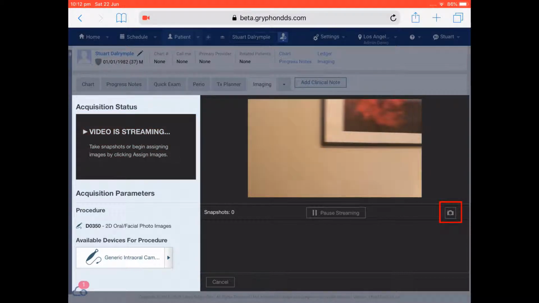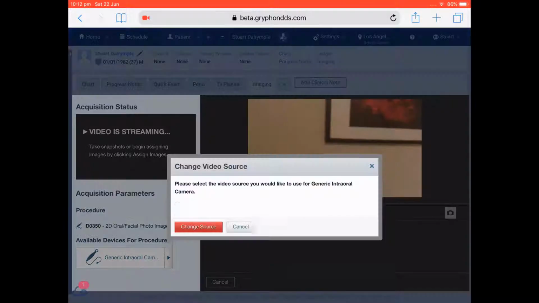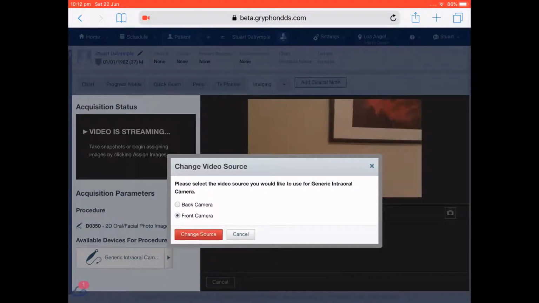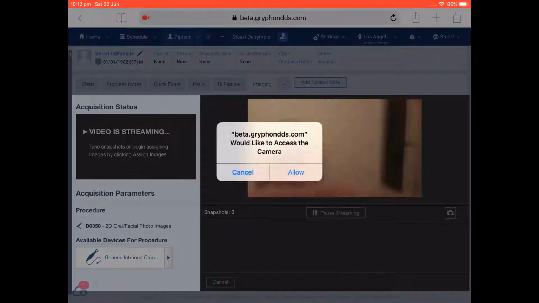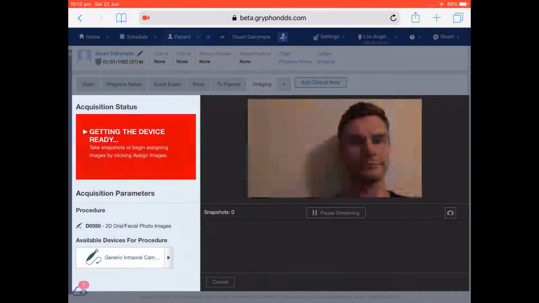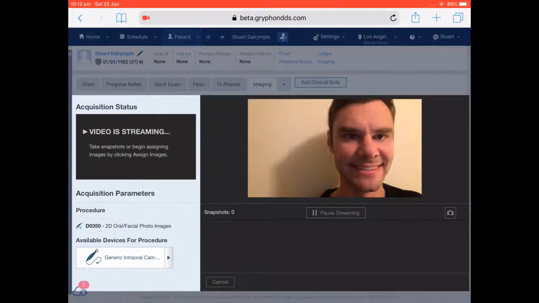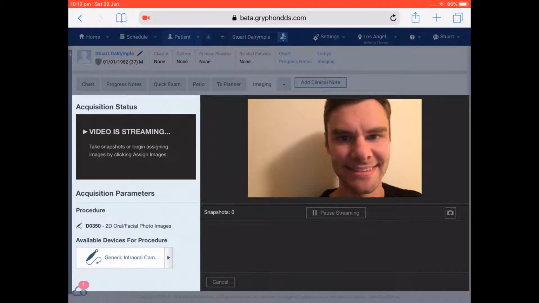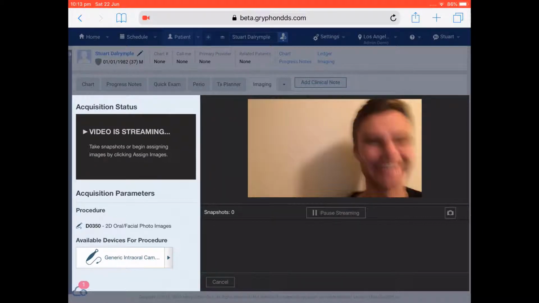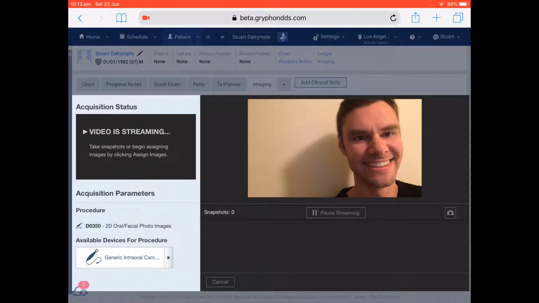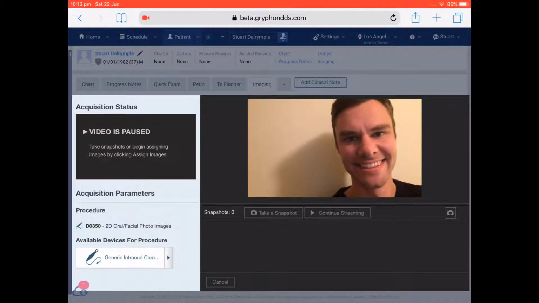I just allow it to use the camera. There's a little camera button on the right which can switch between front and back facing camera depending how you want to use it. We'll just allow for that as well. Obviously I don't have a patient, so I'm just going to use the front camera. Take a selfie here. You can pause the streaming and take multiple photos if you like. When you're happy with the photo that you've got, you can just click take a snapshot,